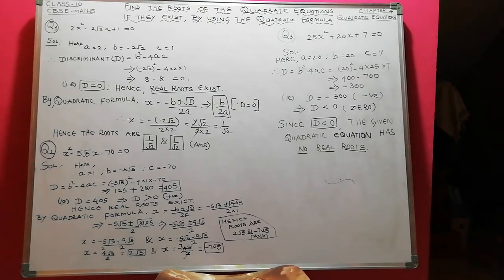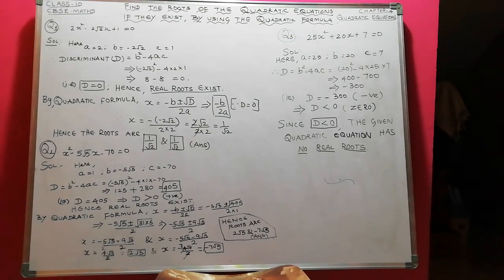So now let us substitute: x equal to minus of minus 2 root 2 by 2 into a, which is 2. The 2 gets cancelled, minus of minus is plus, and root 2 by 2 is, see, root 2 can be written as root 2 into root 2. So it leaves you root 2 in the denominator, so it is 1 by root 2. So both the roots will be 1 by root 2 and 1 by root 2. So when D equal to 0, we are getting real but equal roots. I hope you can understand this question.